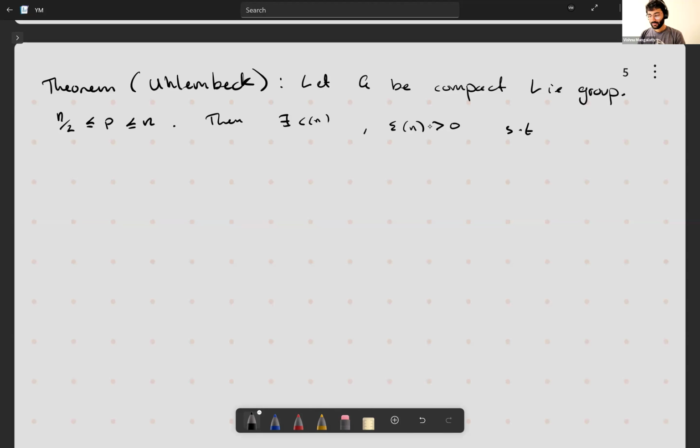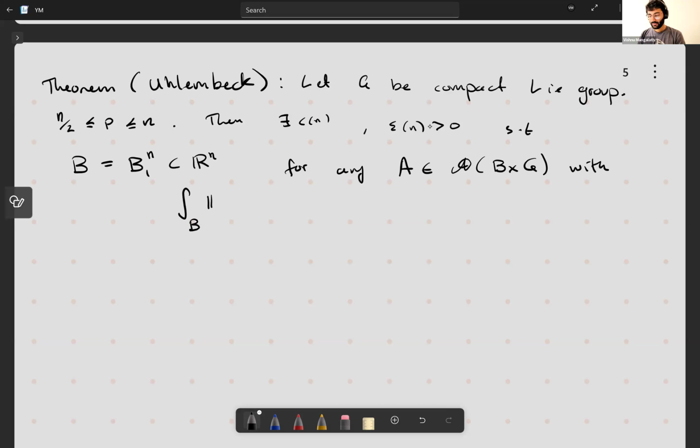Such that, set B to be the unit ball in R^n, and we can just give it the Euclidean metric. Right, so for any connection A in the trivial principal bundle with the curvature that has the L^(n/2) norm less than epsilon_n,